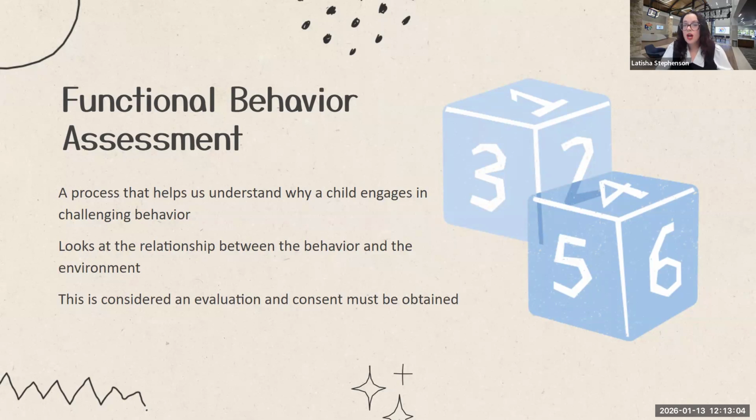And sometimes what we miss could be something related to the environment at school. It could be something related to the student's health. It could be something related to things going on outside of school. There are so many different components and aspects of life that impact a child's behavior and emotionality that sometimes we have to go back to the drawing board, especially for kiddos who have some pretty complex needs.